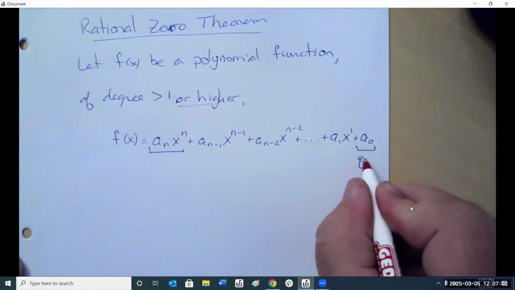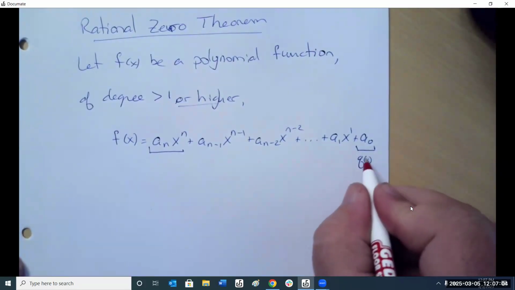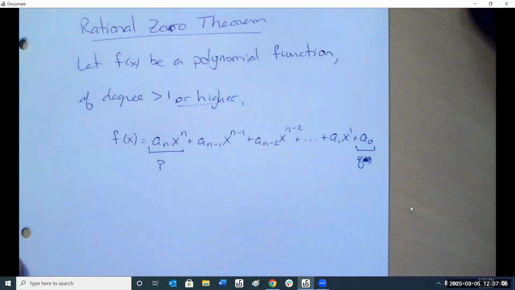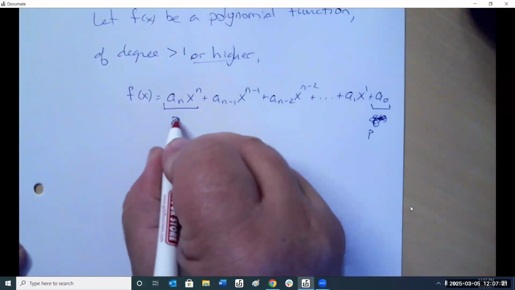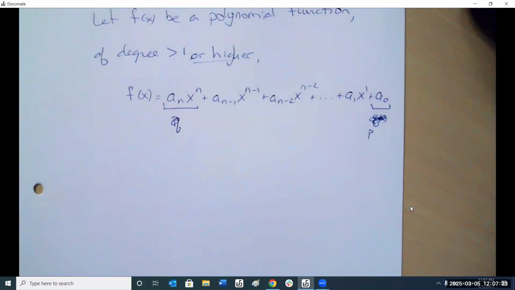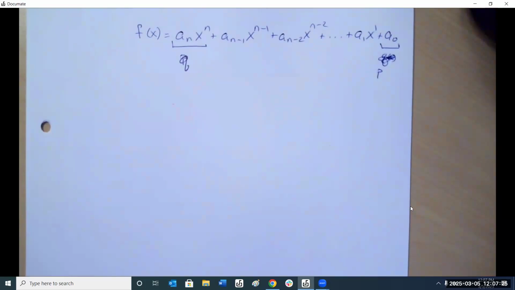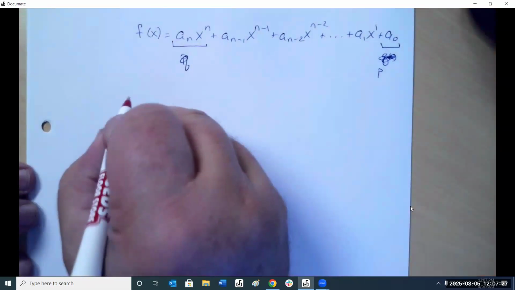We'll call that Q, and call this one P. No, let's call this one P. I like it this way, P and Q, because it's alphabetical. But if you look at more textbooks, they're going to have